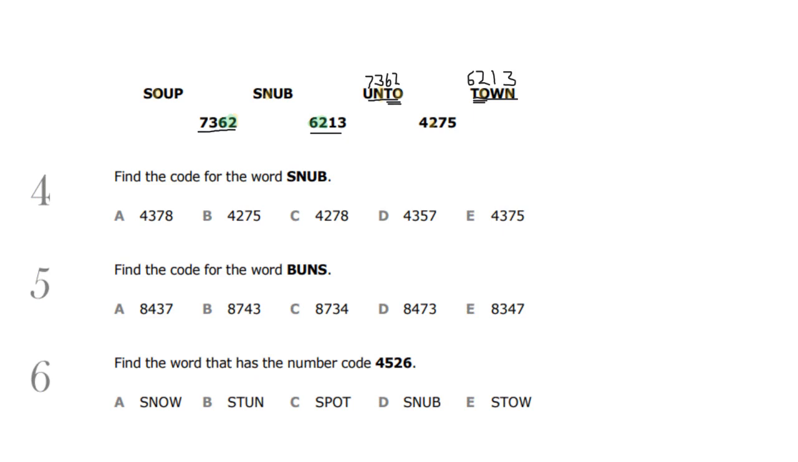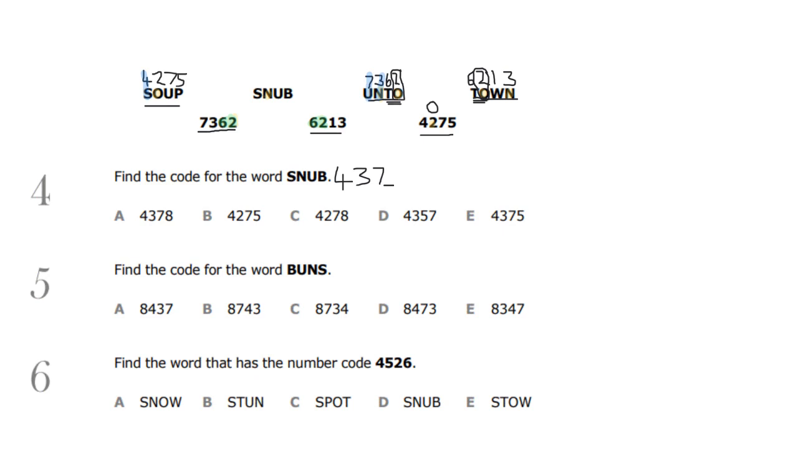So looking at these 2 codes, we can see that the number 2 is an O. And this means that the code 4275 must be the code for a word that has O as its second letter, and so it must be the code for soup. And now we can find the code for the word snub. So S is a 4, N is a 3, U is a 7, and we don't have the code for